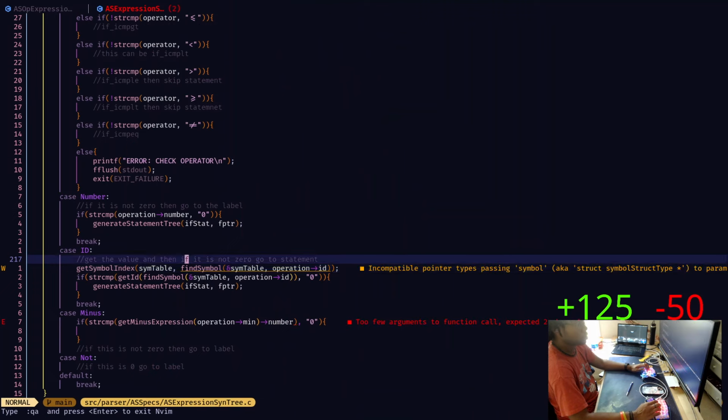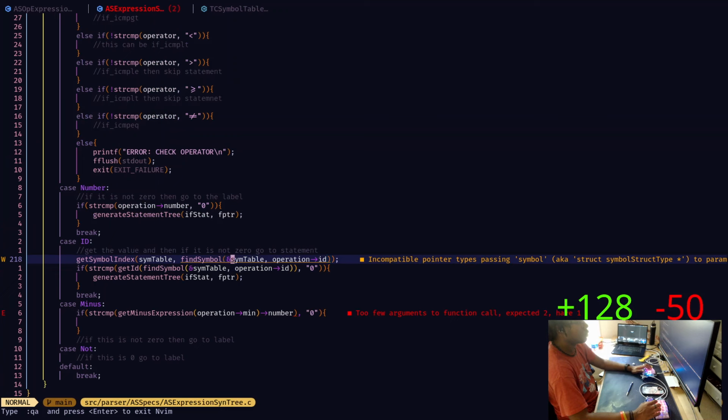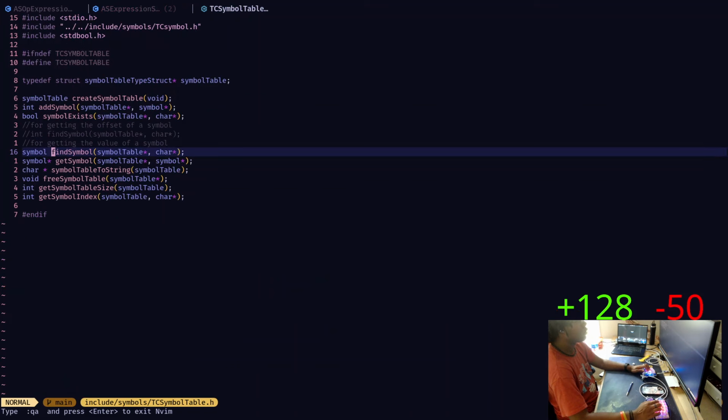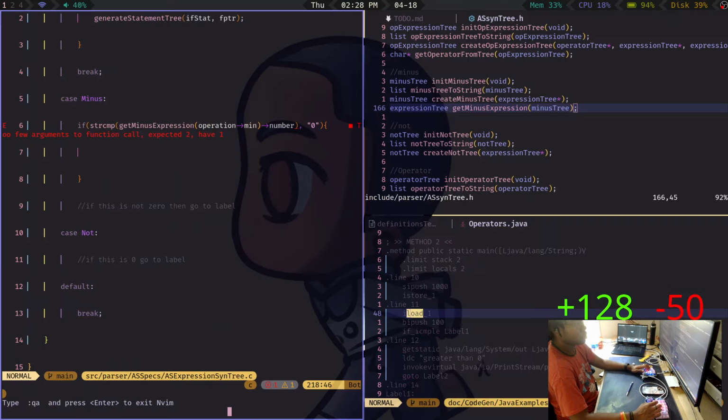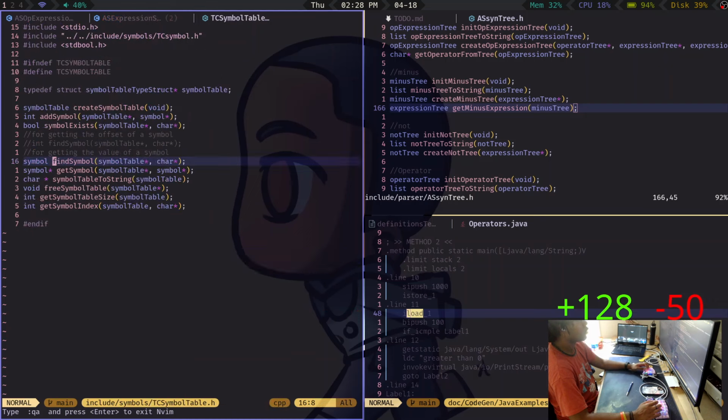What is there? To parameter of what? The address of symbol table. That's what you wanted. And the ID, right? That's right. And it returns what?